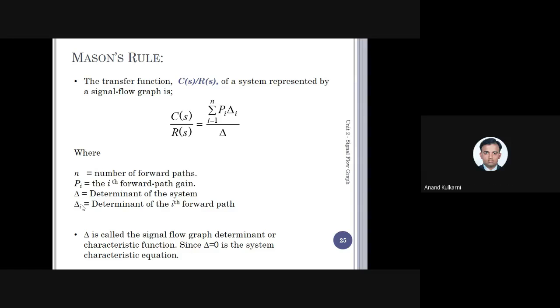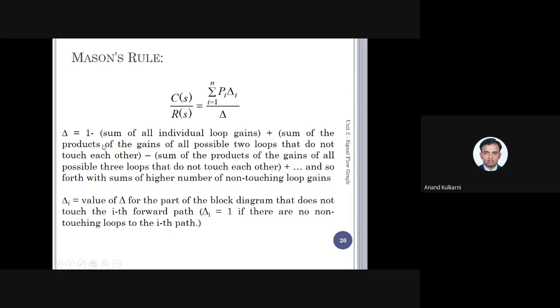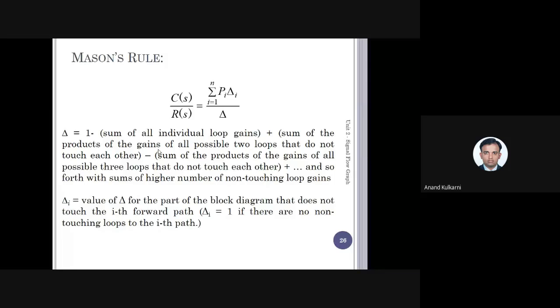Done? Then we'll go to this. You must note down this way. This is very important: how to find delta and delta I. Delta is equal to 1 minus the sum of all individual loop gains, plus the sum of